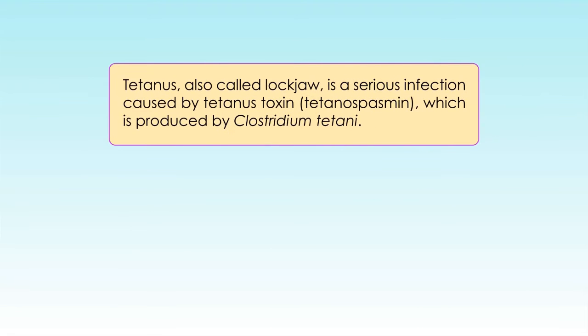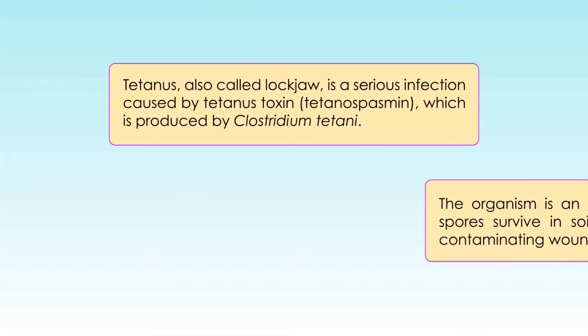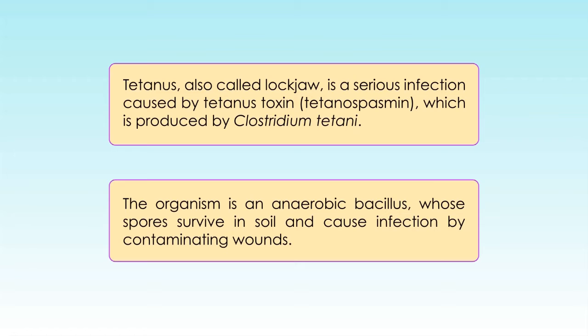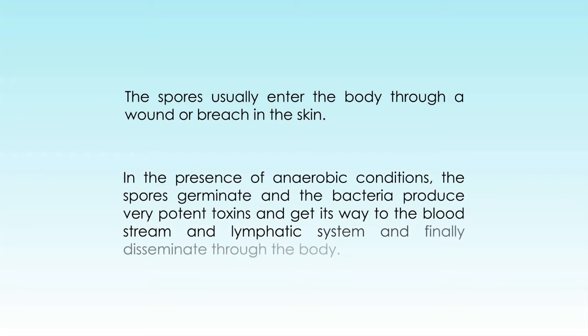Tetanus, also called lockjaw, is a serious infection which is caused by a toxin known as tetanospasmin, which is produced by Clostridium tetani. The organism is an anaerobic bacillus whose spores survive in soil and cause infection by contaminating wounds. The spores usually enter the body through a wound or breach in the skin. In the presence of anaerobic conditions, the spores germinate